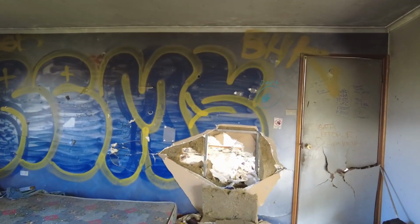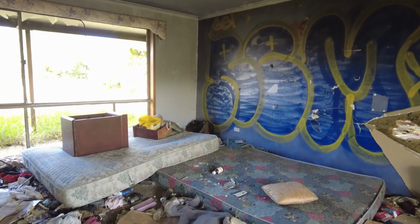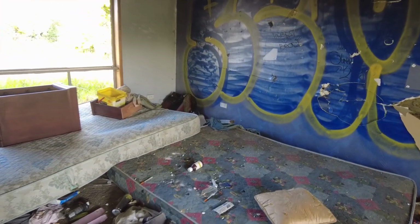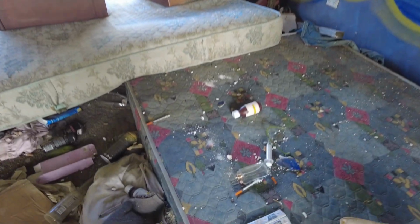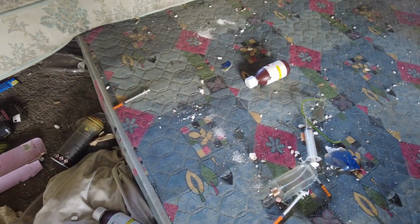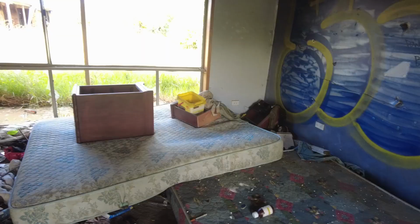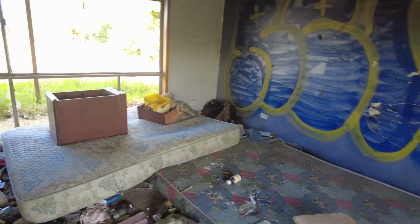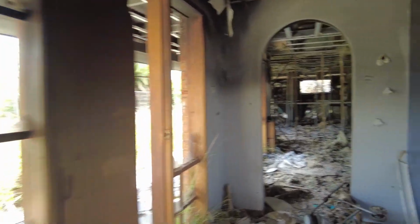There are syringes on the floor at this location. Once again, I am very worried about who's coming here. It's one of those things where I'll just show you so you are aware that if you do go exploring, you've got to be super conscious that you could stumble into someone who's on some sort of substance abuse, some sort of mental health issue,